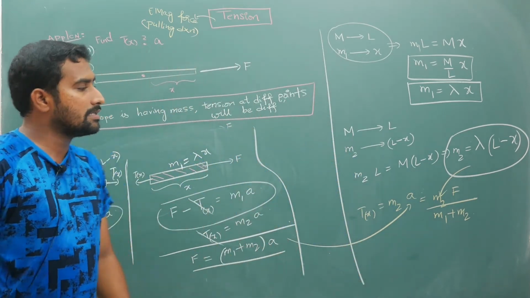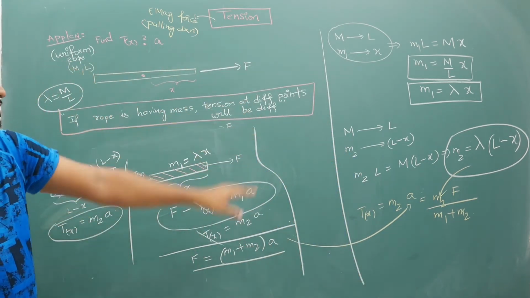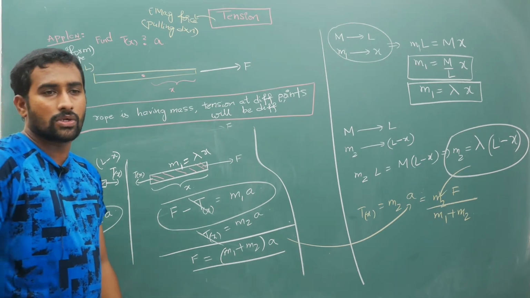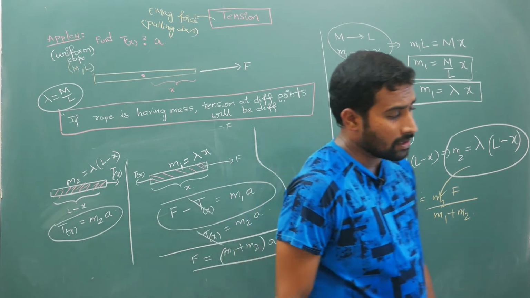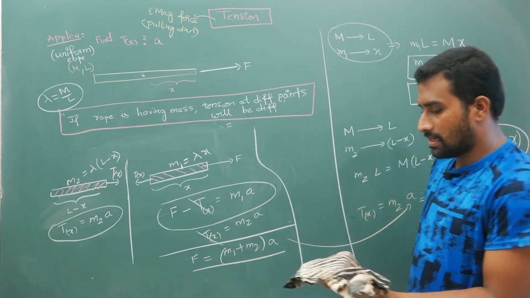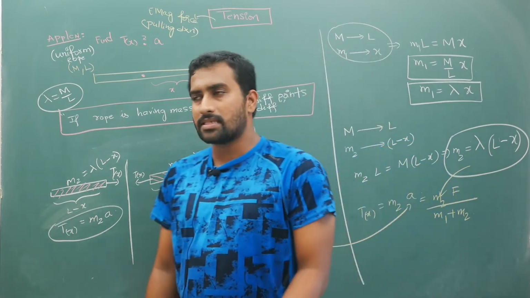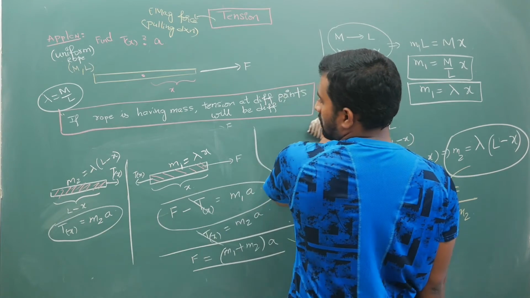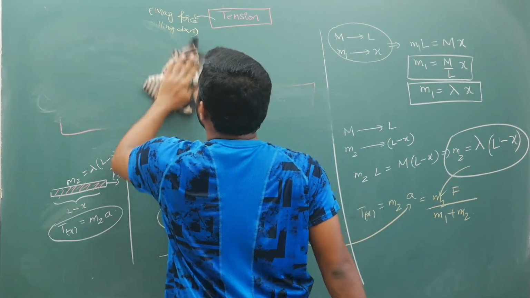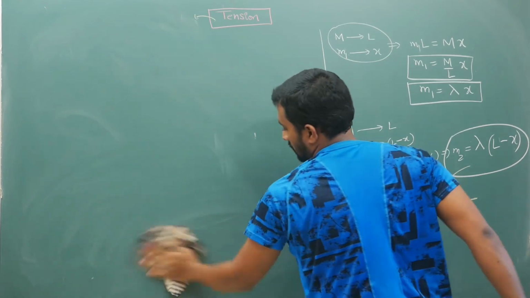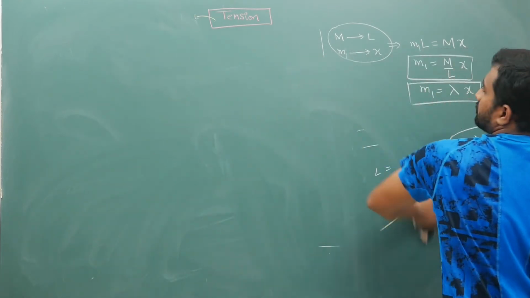Hope you have understood it, and there are no doubts. So next, let us consider the rope hanging from the ceiling. I am discussing through problems, but if you have any doubts, just let me know. If you are watching online, keep comments. I will respond to those comments whenever I am free.